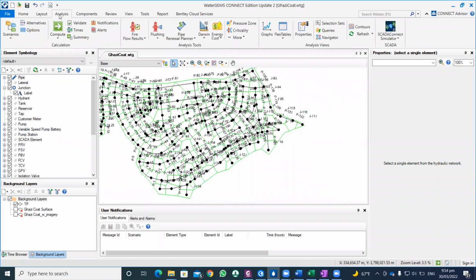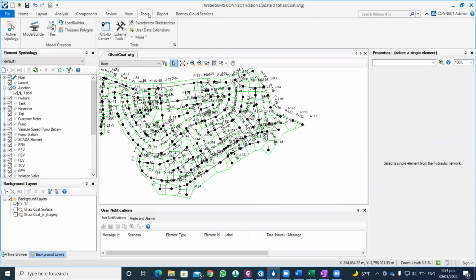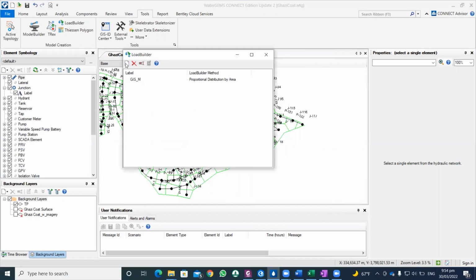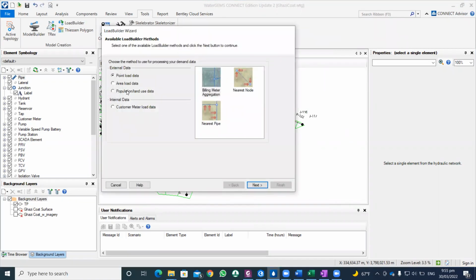So I will go to the Tools tab, click on the Load Builder, and create a new study. I will be using a unit. So this is another method to assign a demand to each node. The unit line method. So basically, this method is used